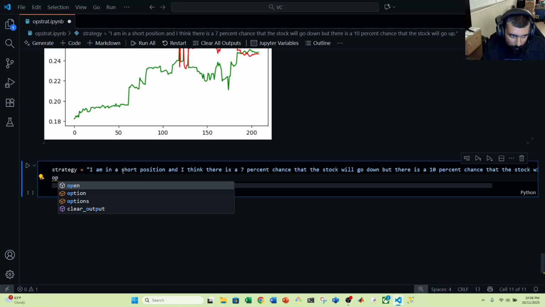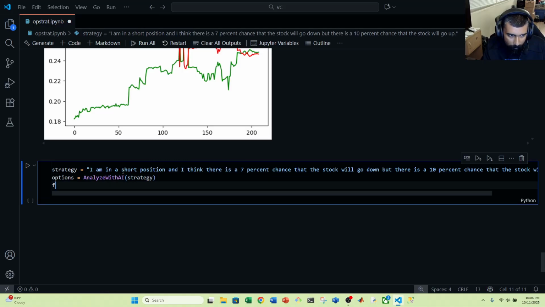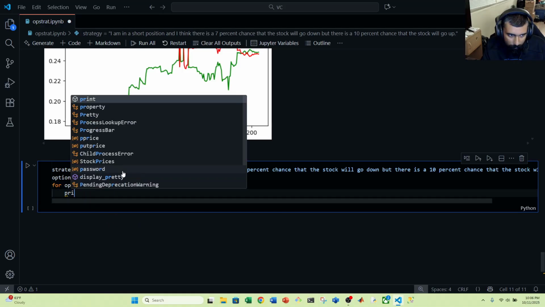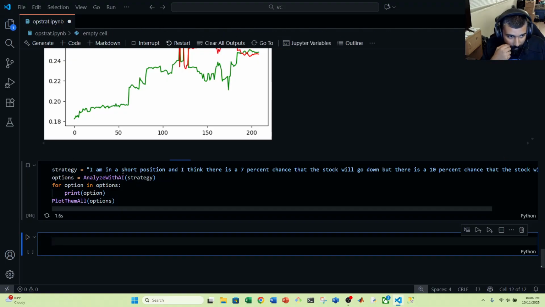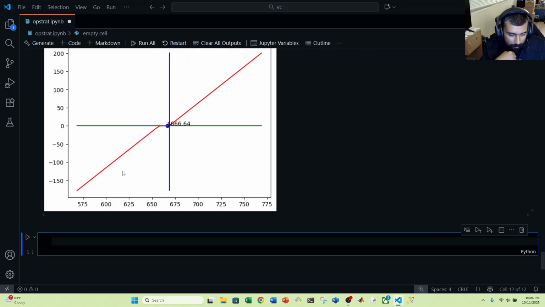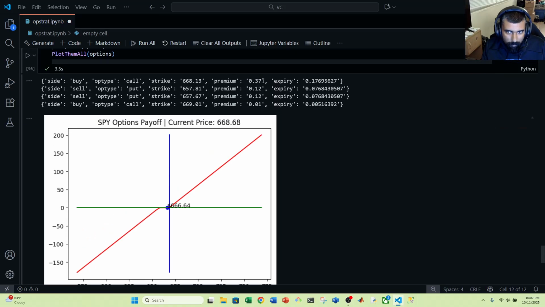Okay, so now I'm going to declare options equals analyze with AI of strategy, and then it'll be for option in options, print option, and then this is going to be plot them all of options. So now Gemini is assessing the data, and it's going to give me a strategy. And okay, it's a very weird looking strategy right here, but these are the